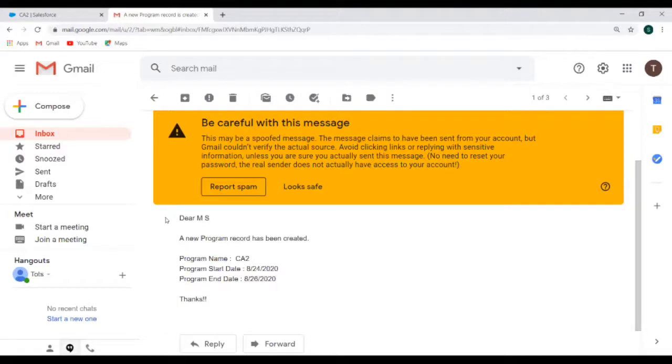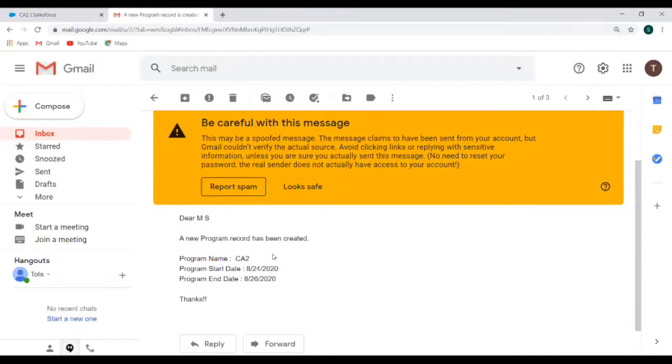If you create another program record, a new program will be created with a new name, start date and end date, and whenever that email is sent, those new values will be displayed in that particular email.